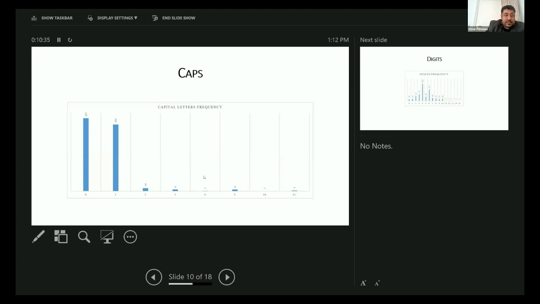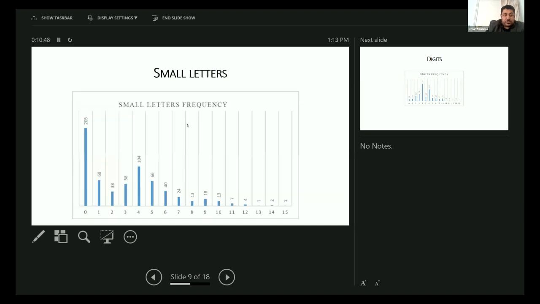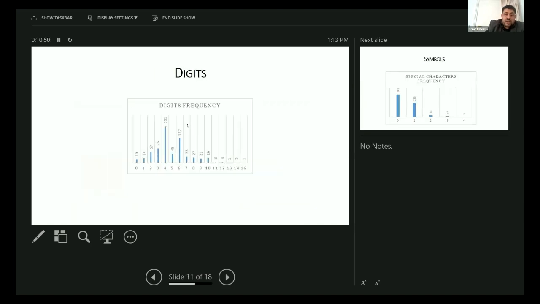Those are the students who were picking passwords with capital letters. So almost more than half of the students were having no capital letters in their passwords, but the other half used it. Digits: only 19 students never used a digit in their password, but the rest did. And this says how many digits they are using. So like a third of the students were having 4 digits in their passwords.